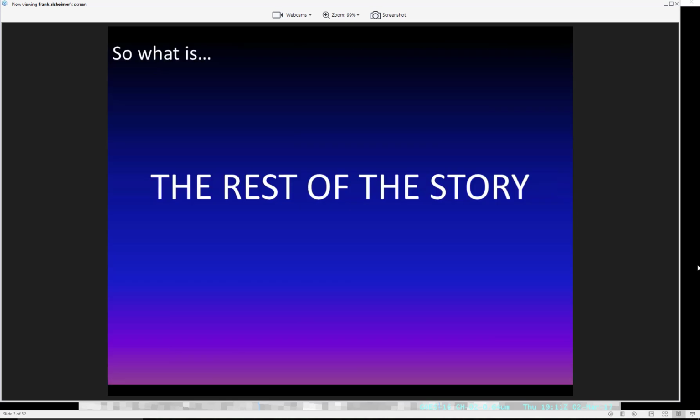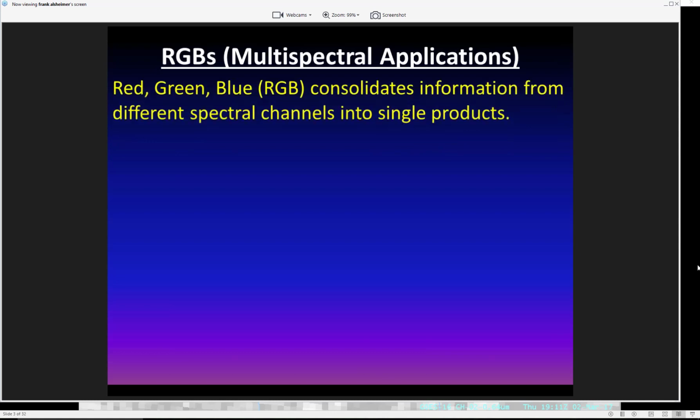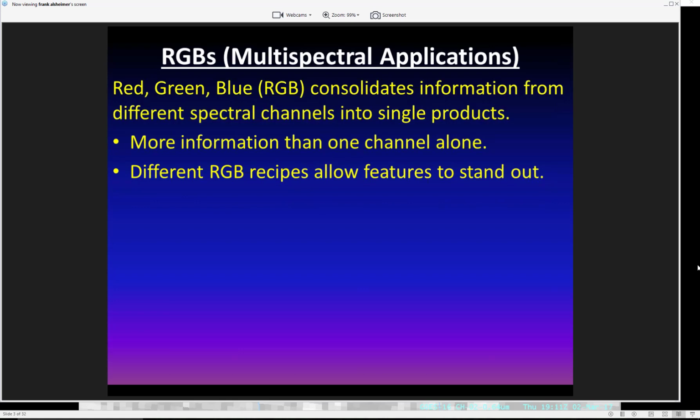So what happened? Here's the rest of the story. And to do that, we're going to show you some RGBs. So just a very brief explanation. RGBs essentially are consolidating information from different spectral channels into a single product. You get more information than one channel alone, and you have different RGB recipes that allow features to stand out